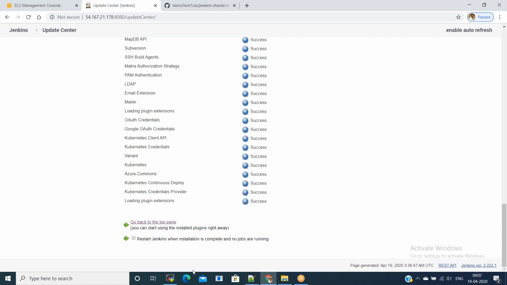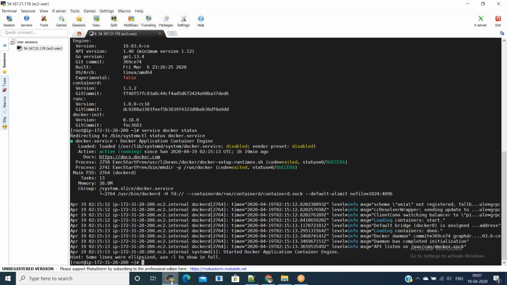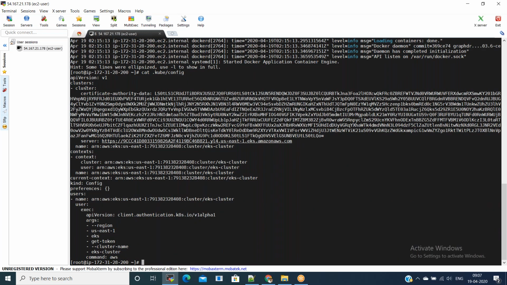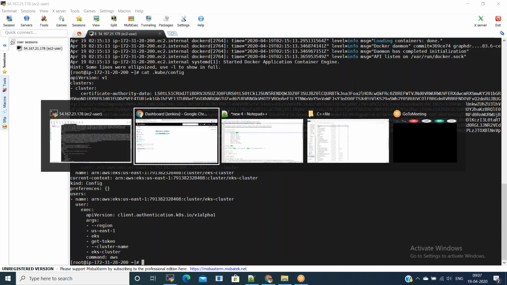Meanwhile, we can copy the kubeconfig file from the cluster machine. This is the .kube config file for the EKS cluster.